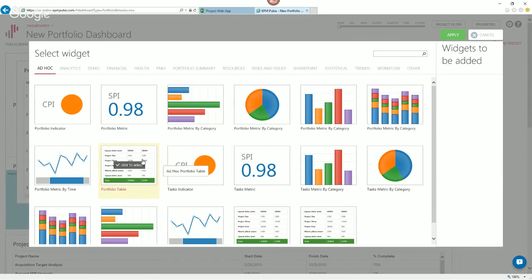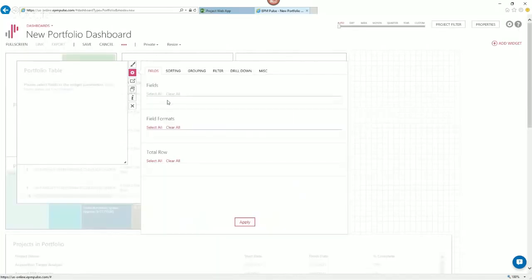We have, in addition to the standard widgets that are pre-built, I would say, our customers were asking us, guys, perfect. Your standard widgets cover 98% of our needs. But you show the list of projects, and you would like to show that in slightly different columns or order of the columns. They say, fine, you can use what we pre-built that is ready to use, or you can build a custom table. So I click here and